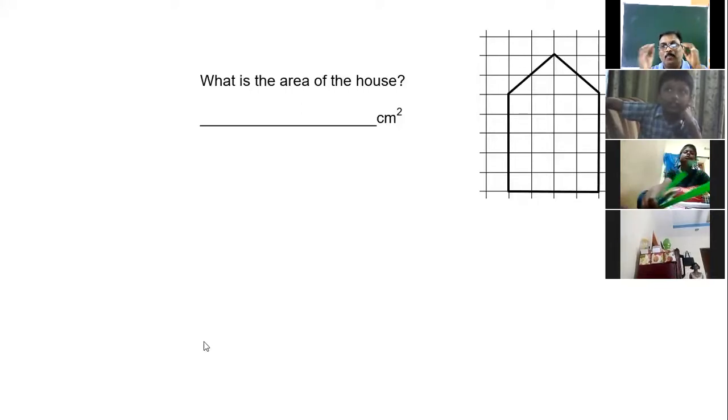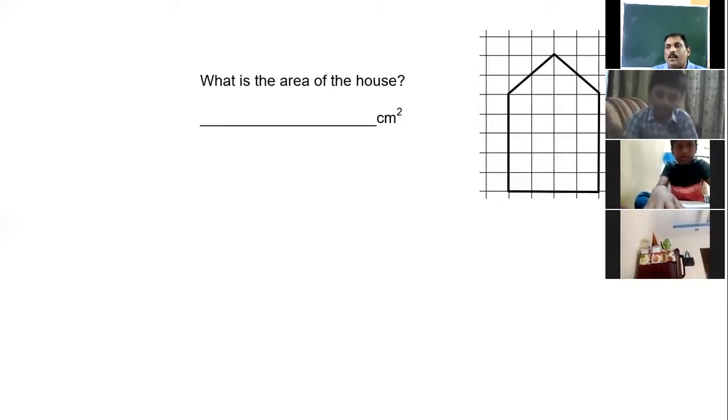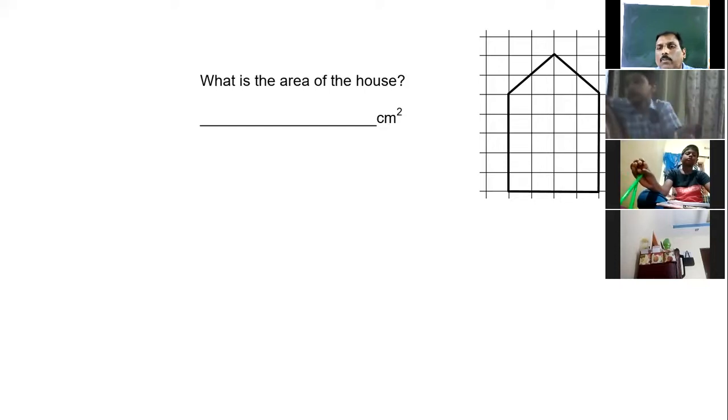Sorry. In the last class, we were discussing the areas of shapes drawn on a graph. When a diagram is drawn on the graph, a full box indicates one square unit. Count the number of full boxes. If there is exactly half a box, two half boxes should be taken as one box. If more than half is there, consider it a full box. Less than half, you have to neglect it. We did many questions. This was left out in the last class. Please go through it and find the area.